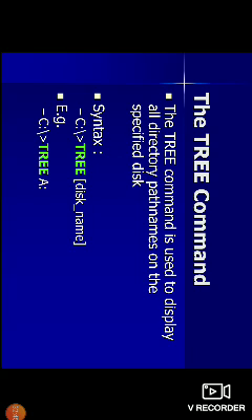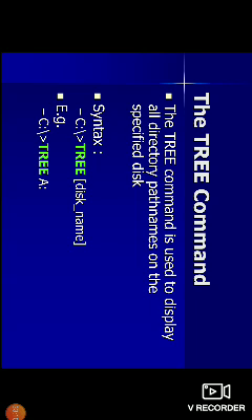Next one is the tree command. The tree command is used to display all directory path names on the specified disk. So here the syntax is C colon slash greater than tree space disk name.